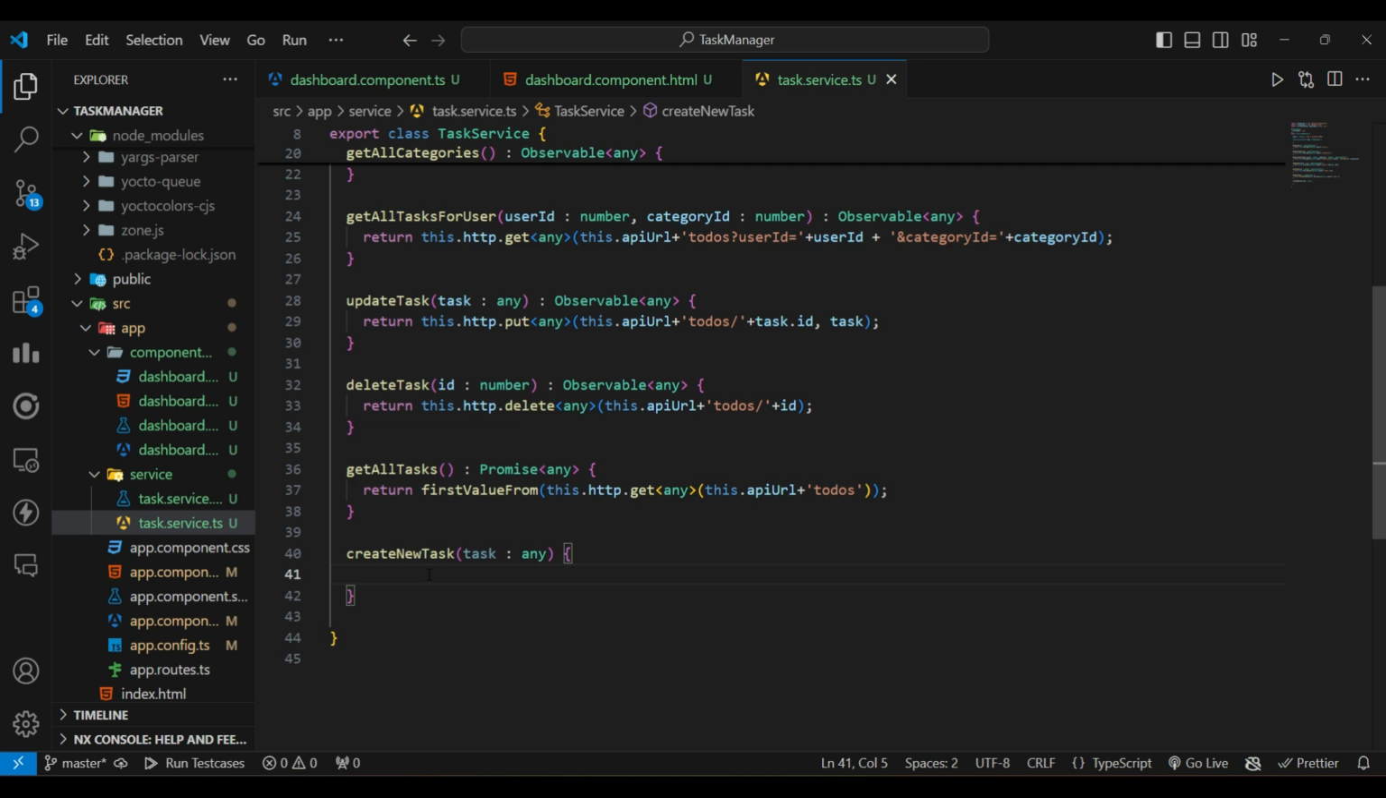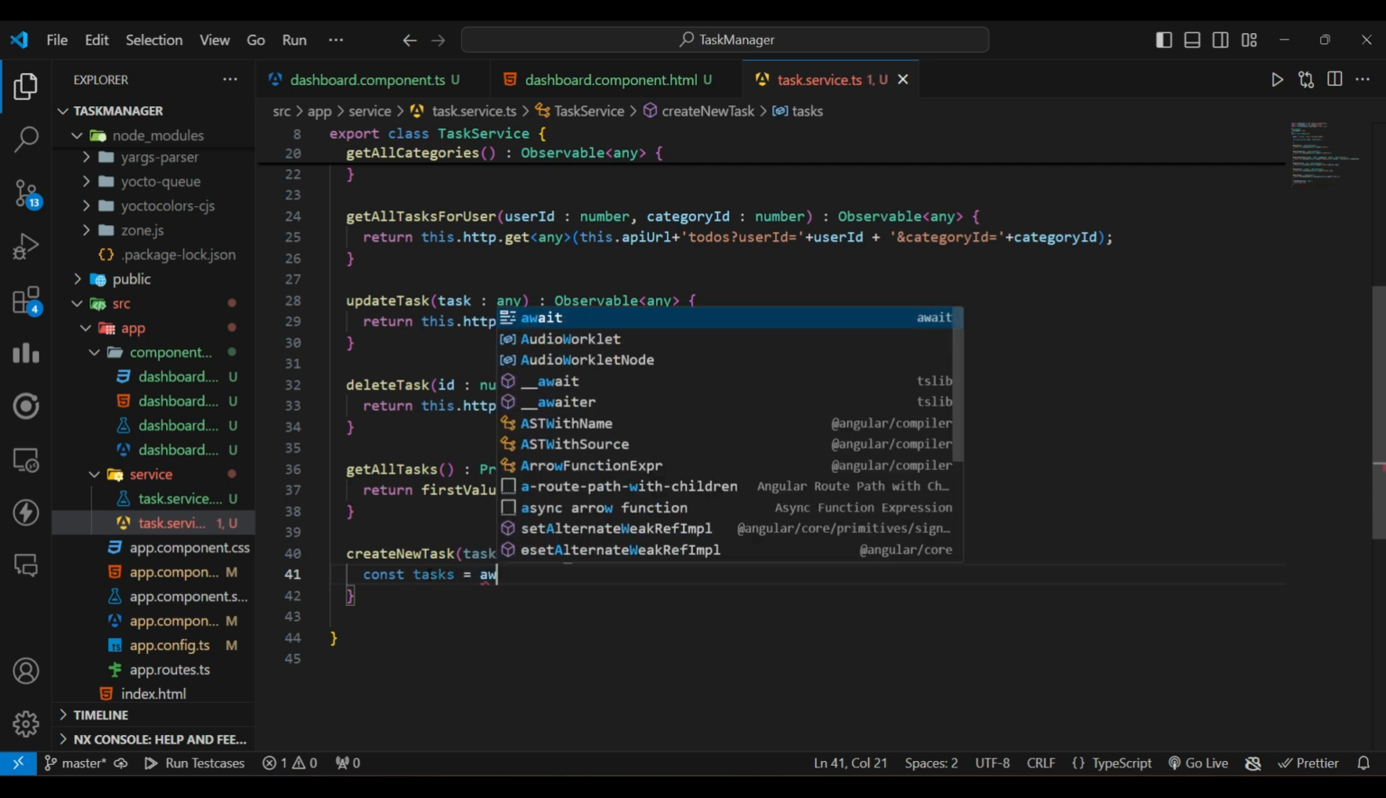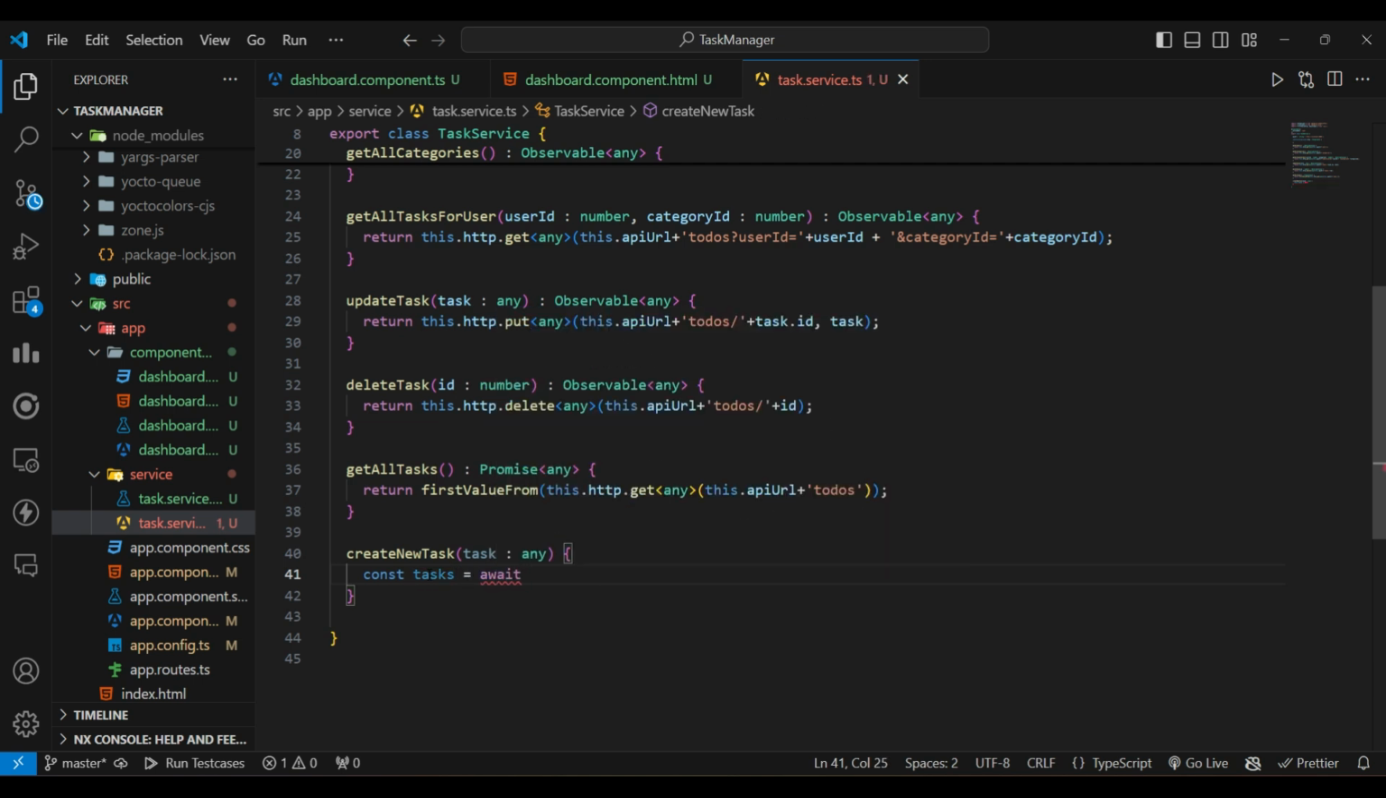Okay, now here in create task we'll create one constant, tasks, get all tasks. Here we'll use sync. Okay, now task dot id equals to, we'll check task dot length is exactly equals to 0. If it is 0, then we'll pass id as 1. Otherwise what we'll do is